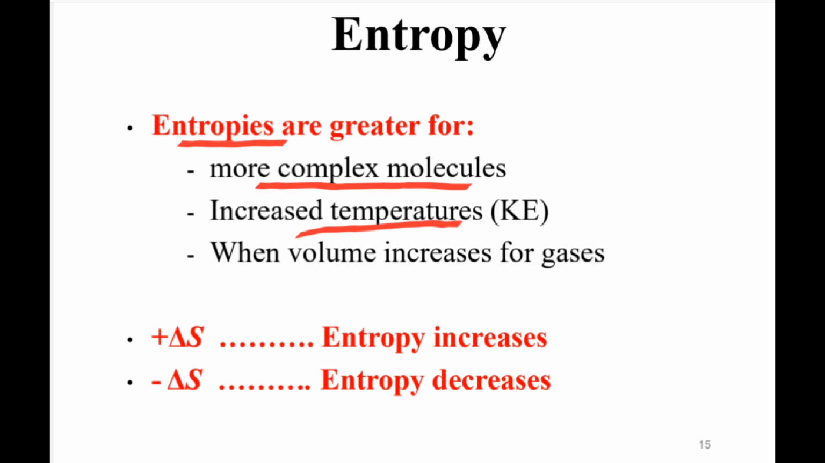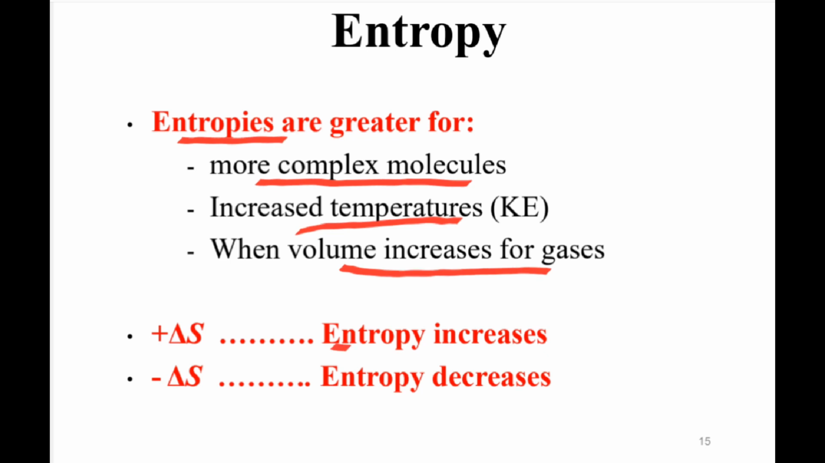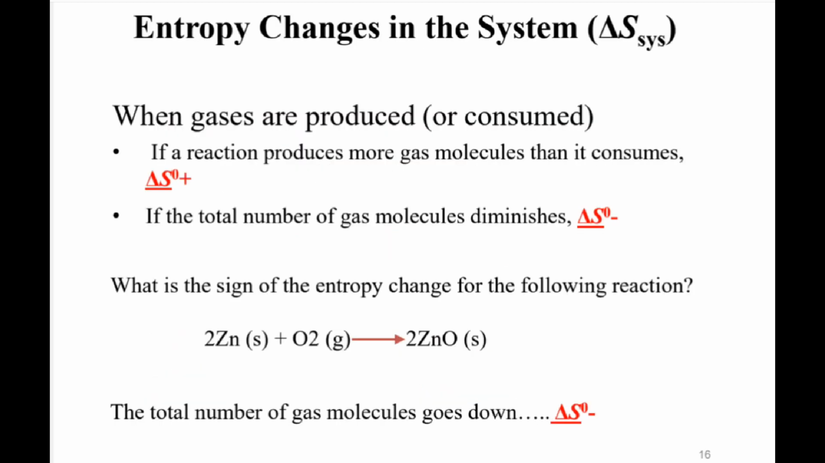ሲጨምር ወይም kinetic energy ሲጨምር, when volume increases for gas, ለጋዞች ደግሞ ቮሊዩም ሲጨምር ኢንትሮፒም ትልቅ ይሆናል ማለት ነው። So when entropy increases it will have positive sign and similarly when entropy decreases it will have minus sign. Entropy ሲጨምር ፕላስ ሳይን ይኖረዋል፣ entropy ሲቀንስ ደግሞ ኔጌቲቭ ሳይን ይኖረዋል ማለት ነው።